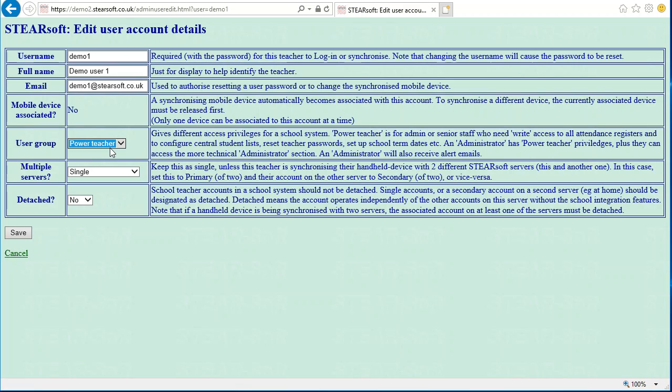It's also a good idea to not just have yourself as administrator. You might want a backup administrator person, just in case, I don't know, if you're not there and need to phone in sick and get someone to do something, they can log in as themselves, give someone else. So it's good practice to have more than one administrator to the system. So set up some power teachers, set up another administrator,